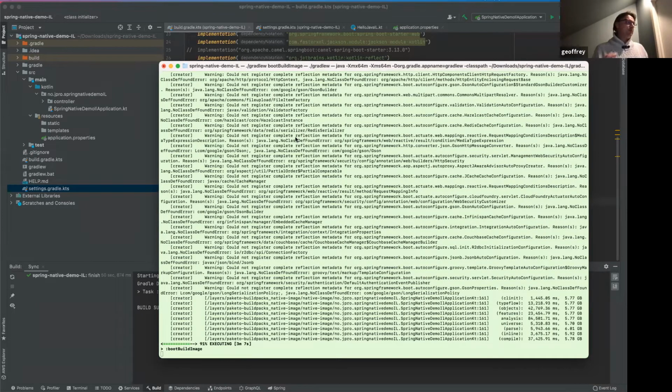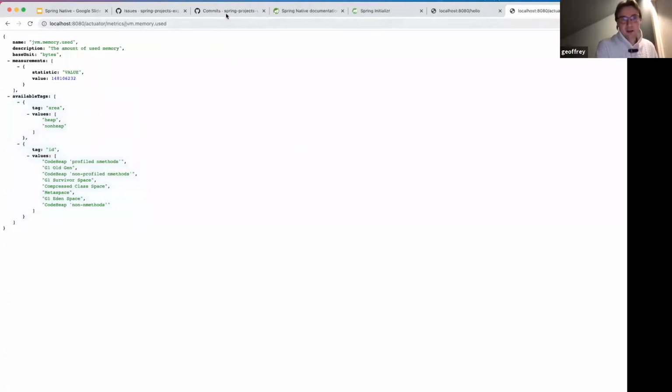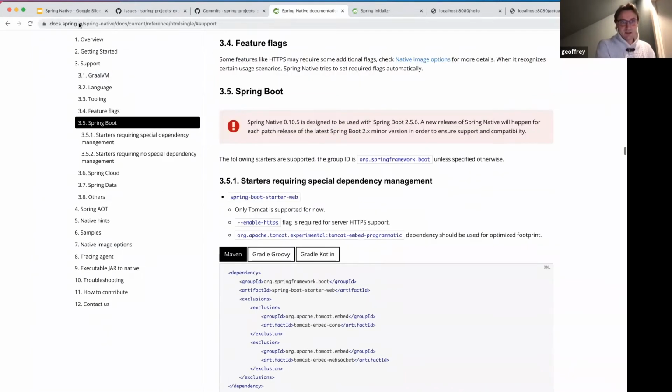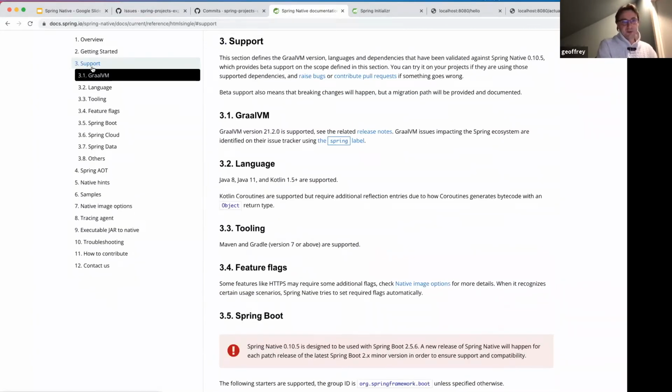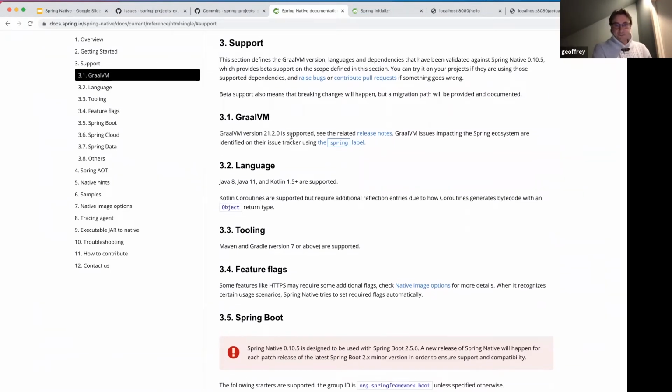So yeah, let's go to the web since we are having the question already. There's the documentation here about this, the Spring Native documentation. And basically you have the 0.3, that's the important part I want to show you now. It's what's actually supported. It's running this version of GraalVM,